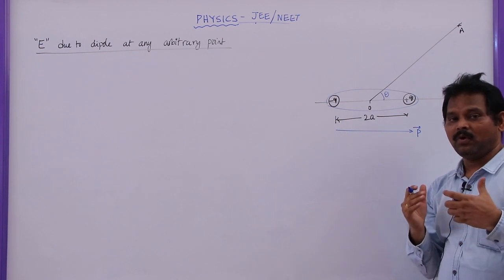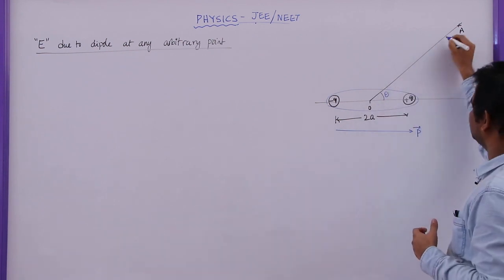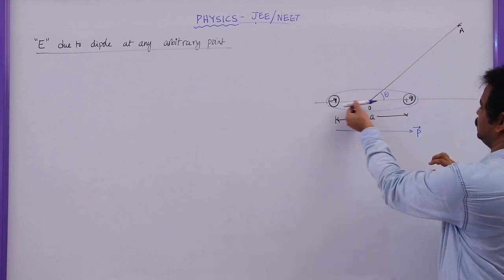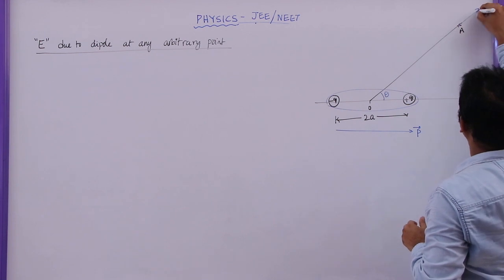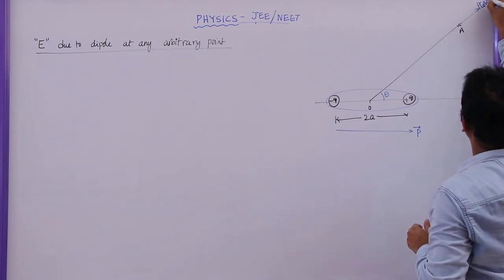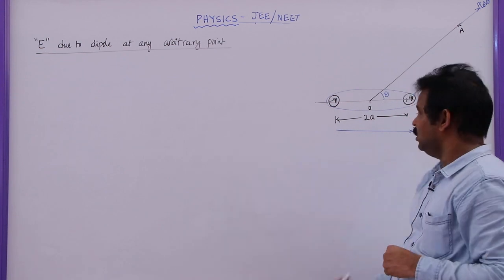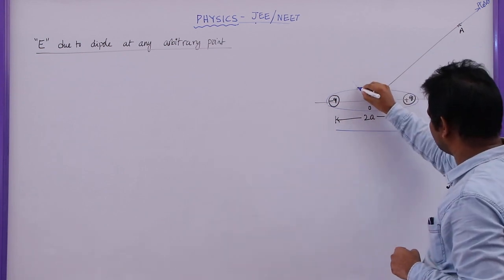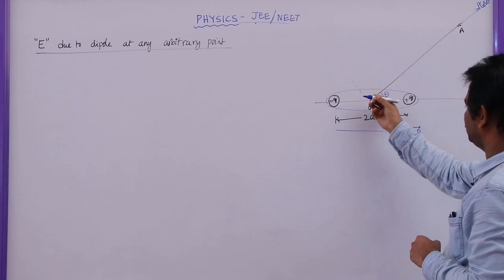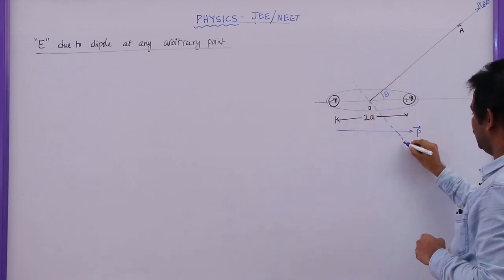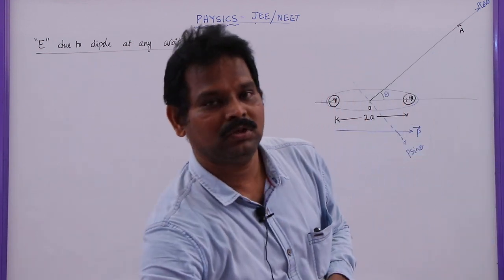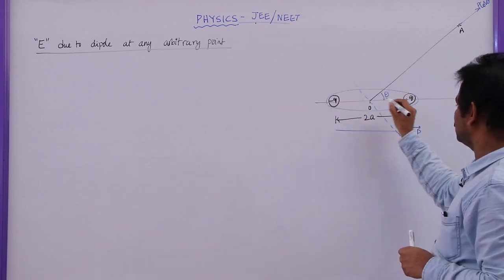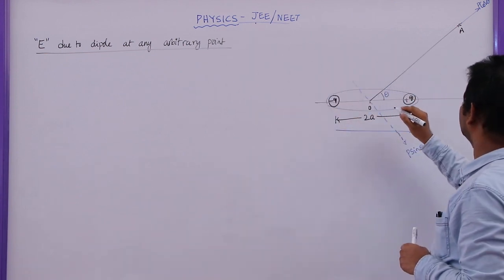What is the dipole moment along this direction? If it is P bar at an angle theta, in this direction the dipole moment will be P cos theta. Similarly, if you take a perpendicular line to this one, this is P cos theta, and in this direction this will be P sin theta. So what we can say here is that the dipole, minus q and plus q, let me take it as